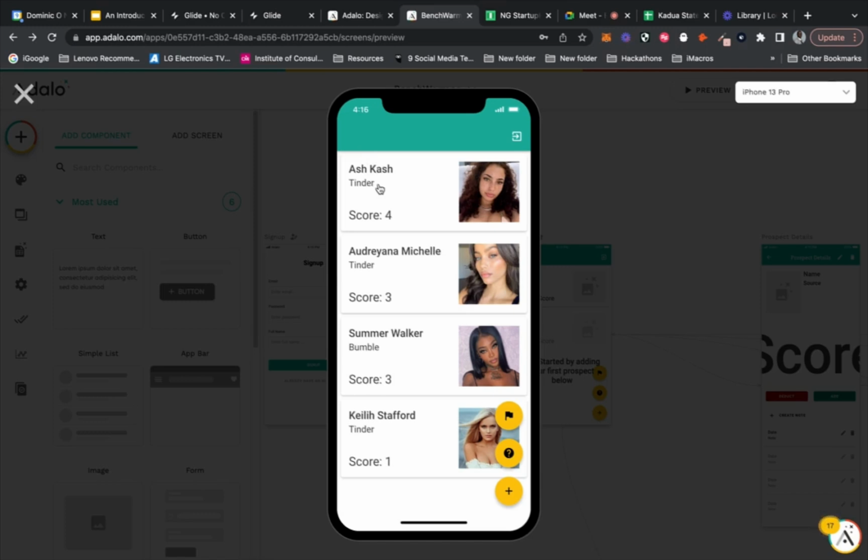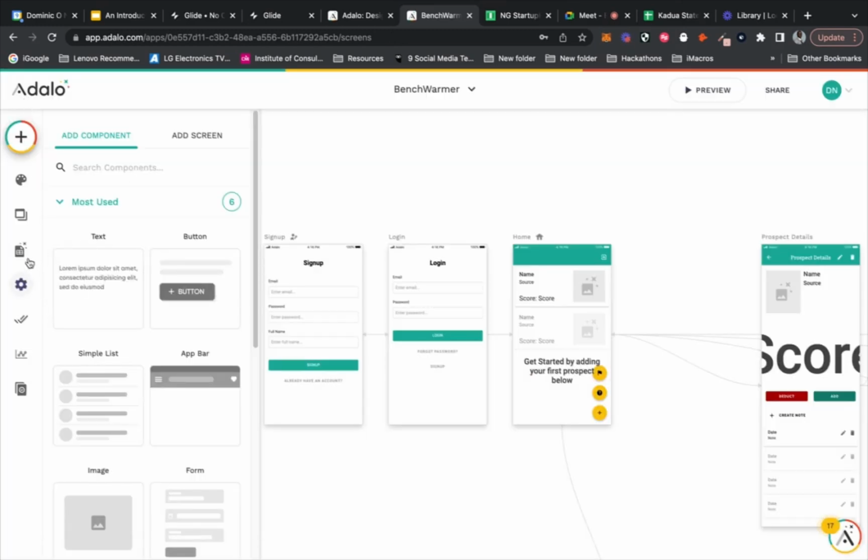So there's 3 questions here. Somebody asks, it seems like Adalo is a little bit better than Glide. Yes, yeah, sorry about that. Someone unmuted themselves. But yes, Adalo is a little bit better than Glide, but it also takes a little bit longer to learn.